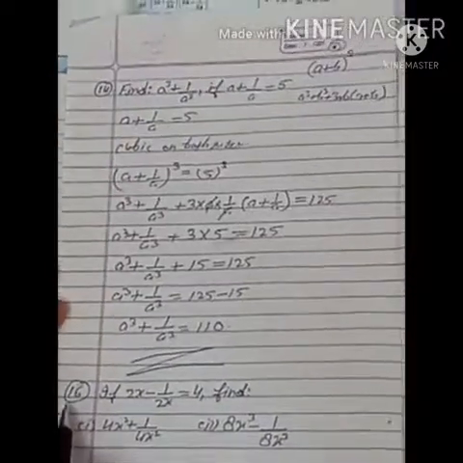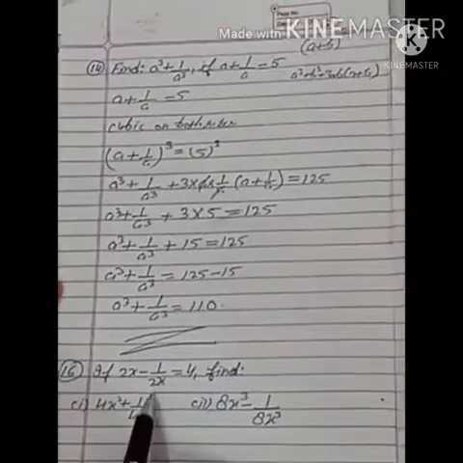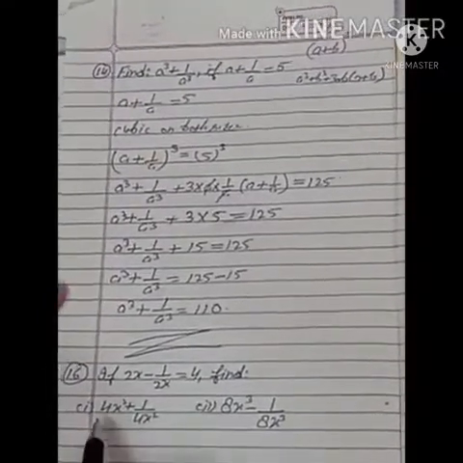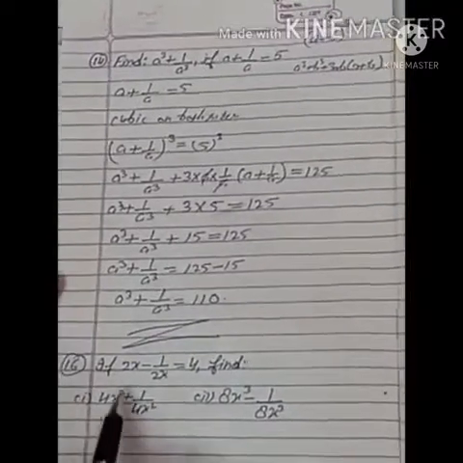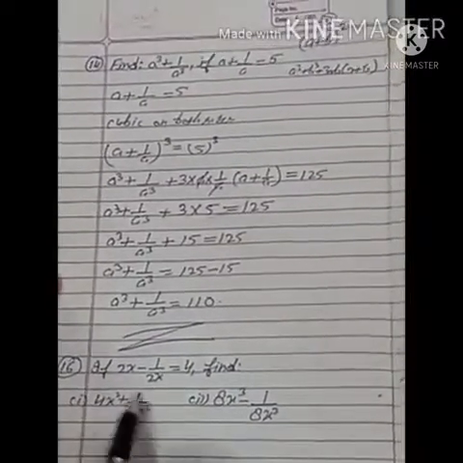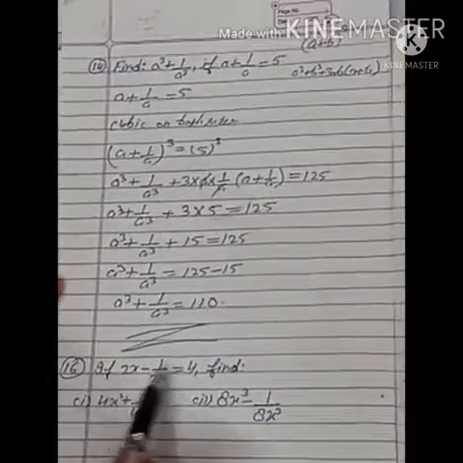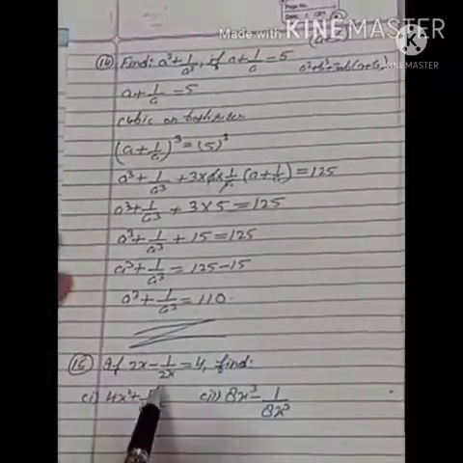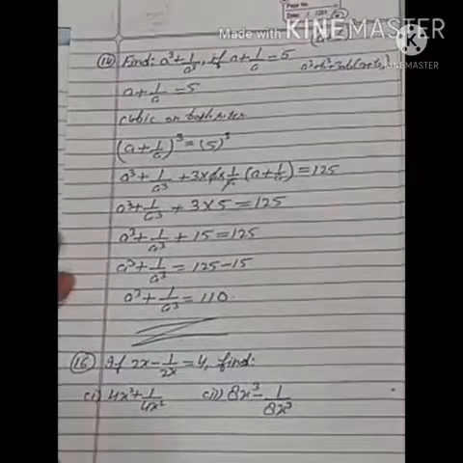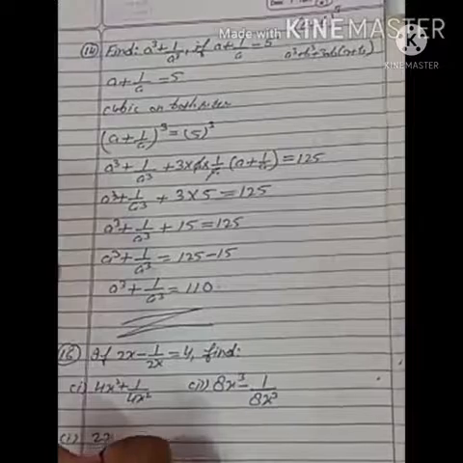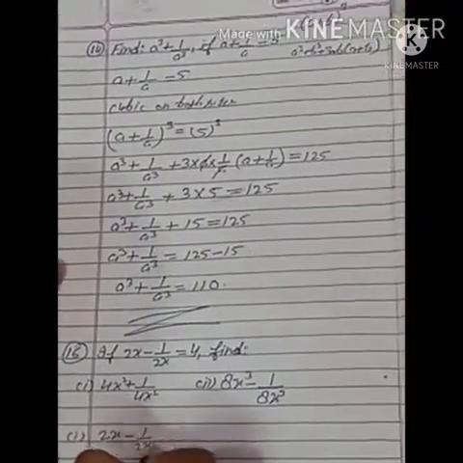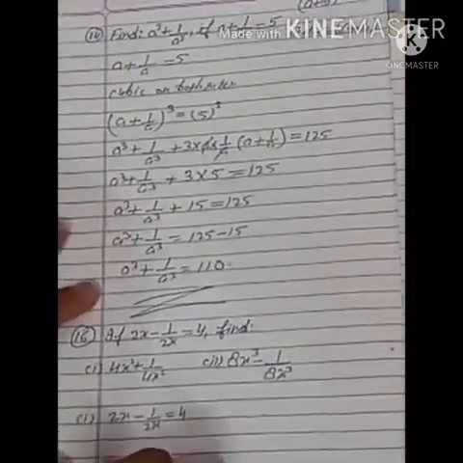Now students, 16 sum. If 2x minus 1 upon 2x is equal to 4, find first part 4x square plus 1 upon 4x square. So students, see this, we can find this by doing the squaring on both sides of this. 2x minus 1 upon 2x is equal to 4, then we can find. So we will do the same. So 2x for first part, 2x minus 1 upon 2x is equal to 4. So what we will do is